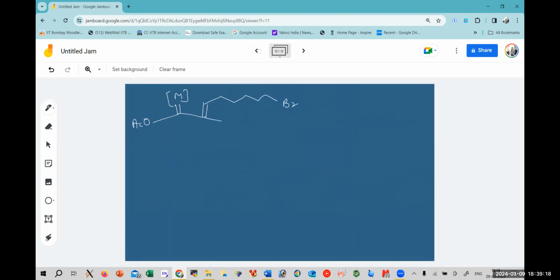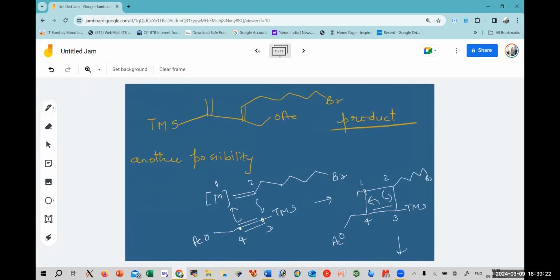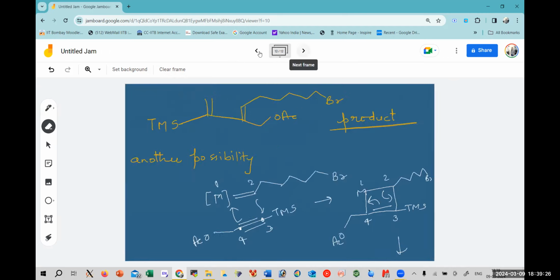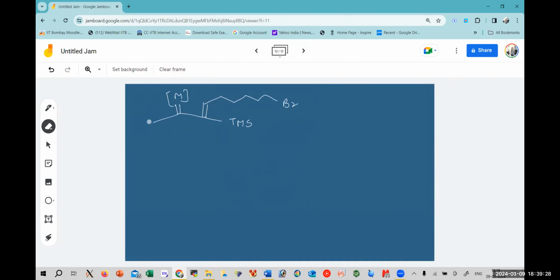Br, this is having the TMS group. And when it is reacted with CH2=CH2, it would give your M=CH2 back. So now your product is